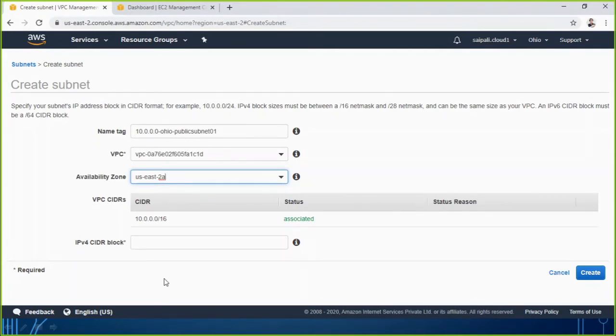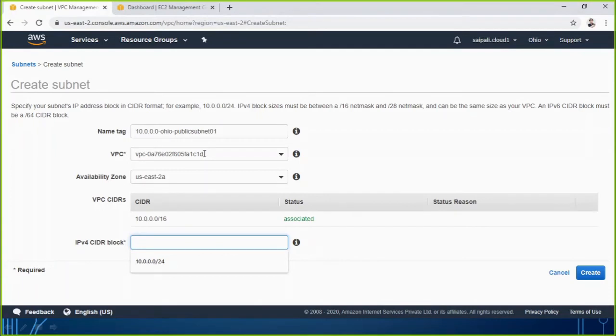Now the VPC CIDR is already showing here, which is what you have decided, but it is now asking me to define the CIDR block for this particular subnet. My total block is this one. Out of that, which part do I want to use for this particular subnet, which is the public subnet?